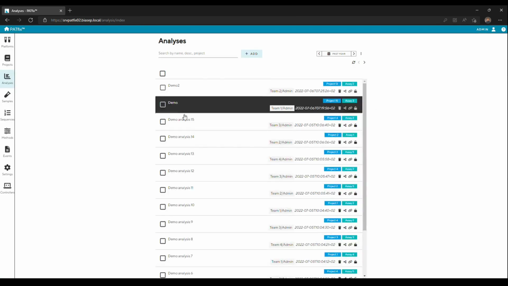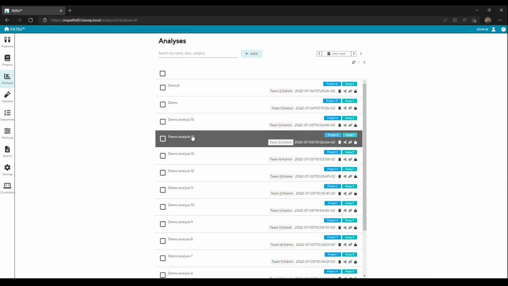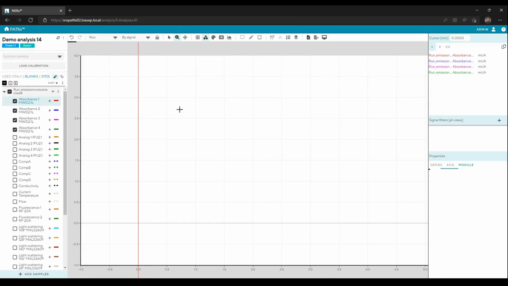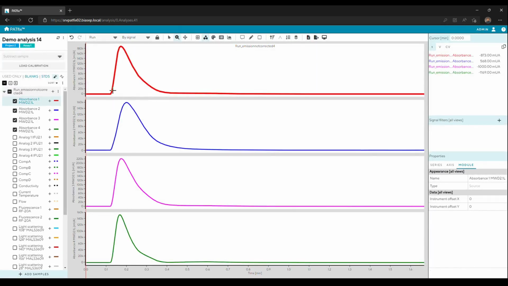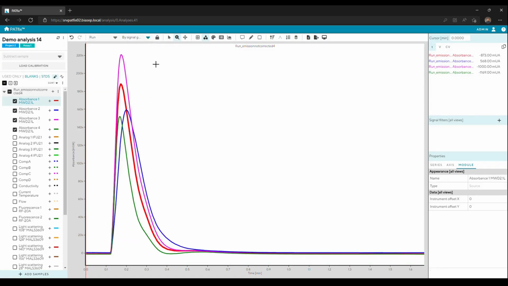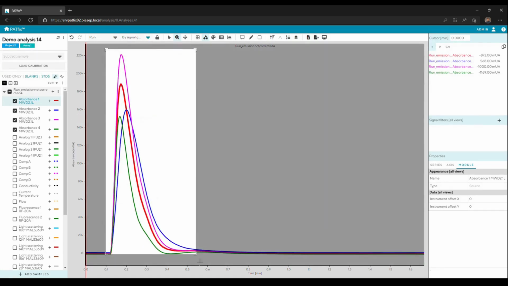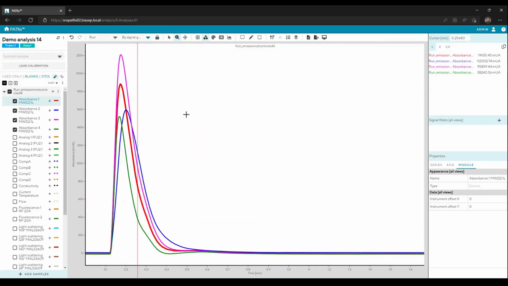So if I open an already existing analysis, we have here 4 samples shown. What we can do is provide different views, so they can either be grouped together. Of course, then we can always zoom in or zoom out. We can export this to a clipboard, PNG, JPEG, SVG. We can also print a